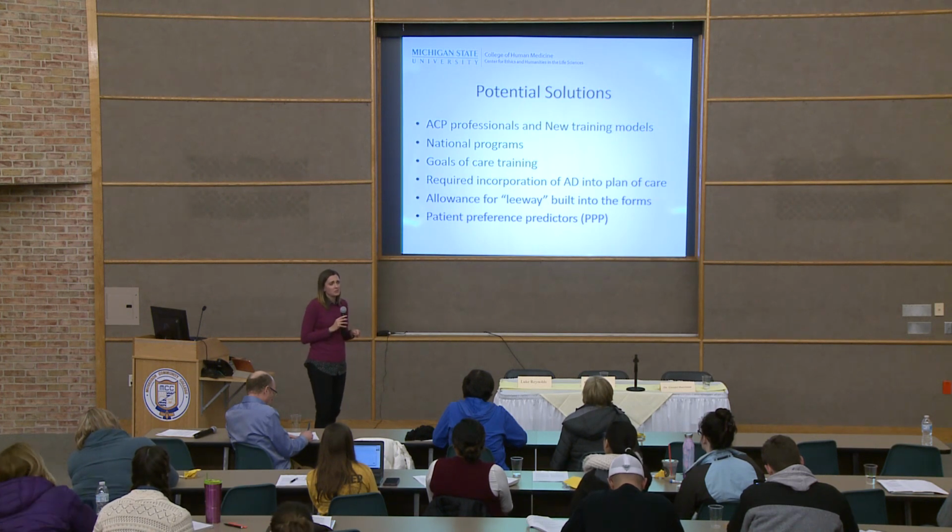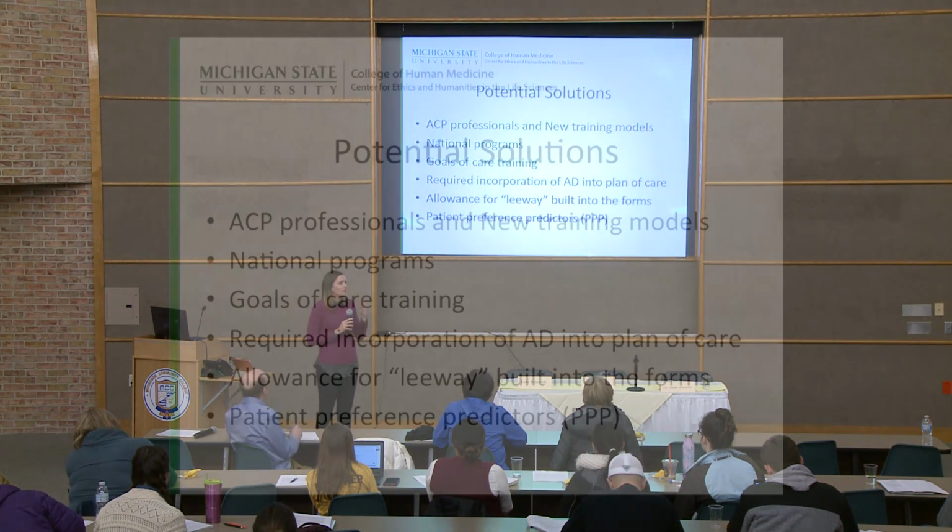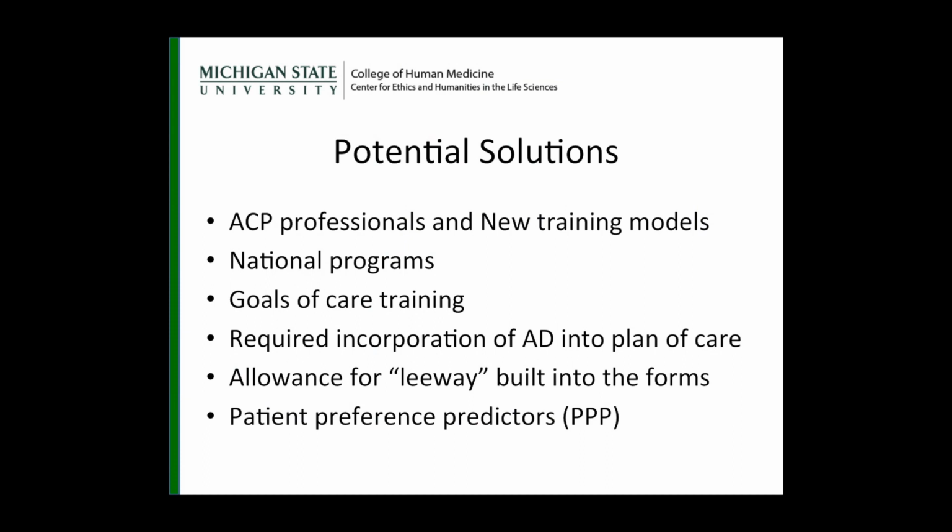I also think there's some leeway that might be built into these forms. You could say, if you're having a really hard time with this decision, I grant you leeway to not follow my directive exactly. There are ways you can write that into an advance directive. If you don't feel that way, and I know many people feel like, nope, my family will do what I ask exactly, and I don't care about their feelings because it's my body at that moment, that's fine. But I think some people don't feel that way. So how do we build that in?